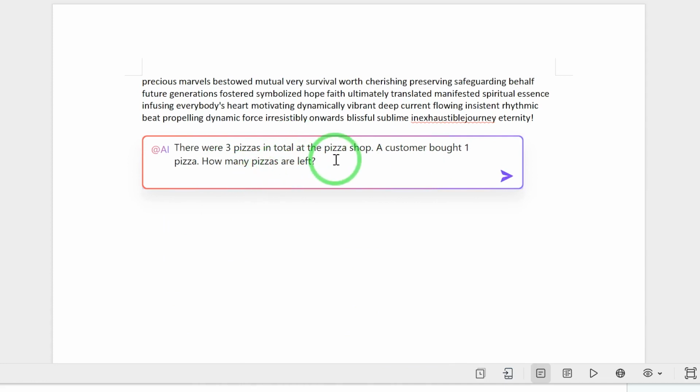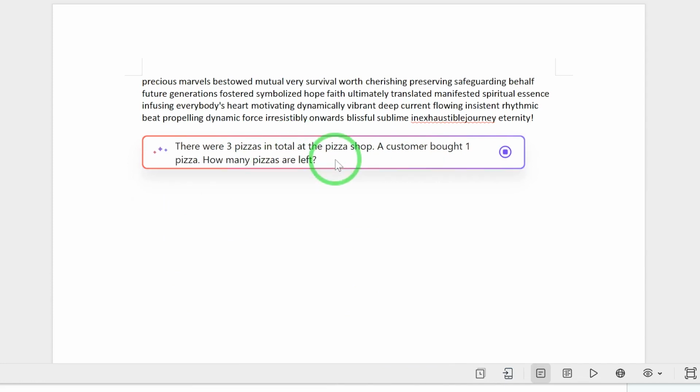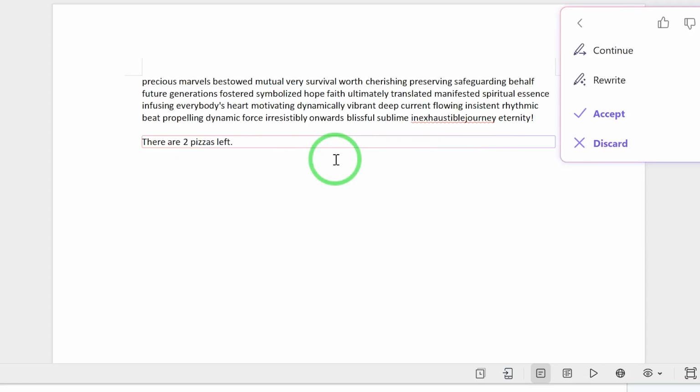How many pizzas were left? So this is a very simple math. Let me hit enter, and let's see how fast it's going to solve this for me. And you can see it has given me the correct answer. There are 2 pizzas left, and that is perfect, and this is correct. So you can try it on different kinds of mathematical problems and see how it's going to help you to